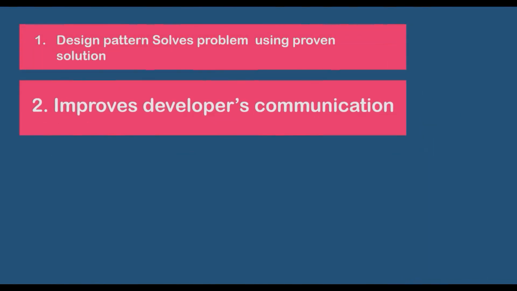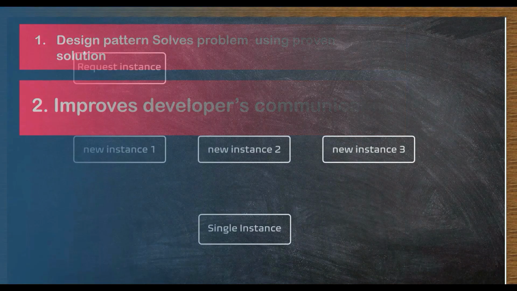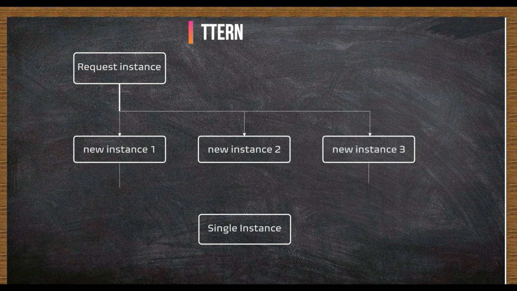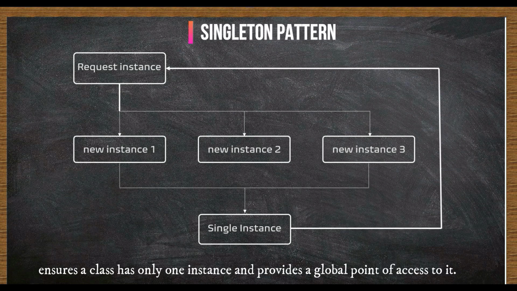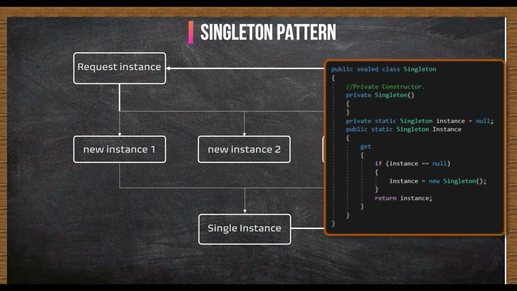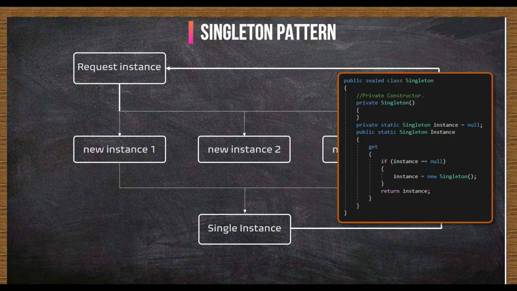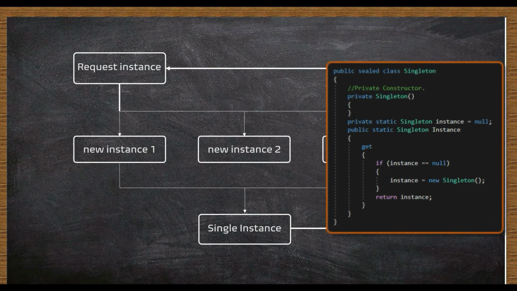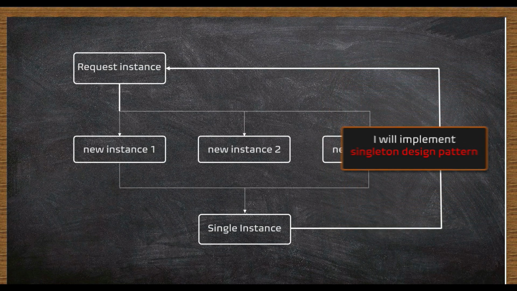Design pattern improves developers' communication. Let's take another example. I hope you have at least heard about singleton design pattern. What it does? This design pattern basically ensures a class has only one instance and provides a global point of access to it. Now say you need to design a class which should have only one instance and say you have to explain your design to your team architect. Now, is it easier to say that you will create a class with a single private and parameterless constructor and will make the class sealed? The class will have a static variable that holds a reference to the single created instance and blah blah blah. Or is it easier to say that I will implement singleton design pattern?